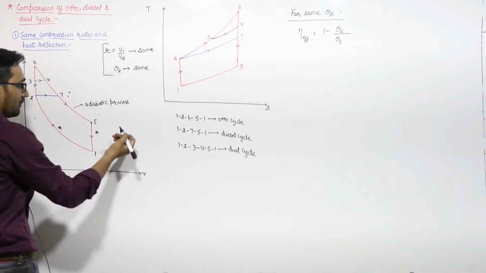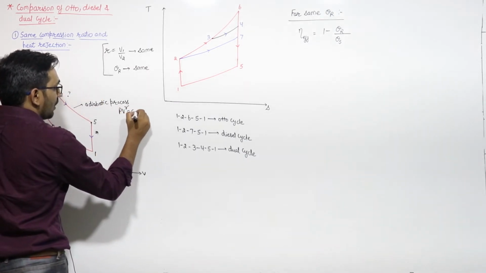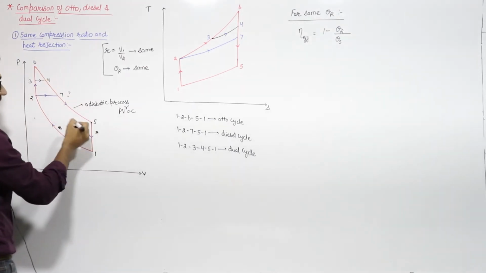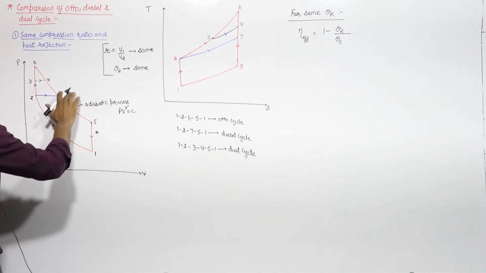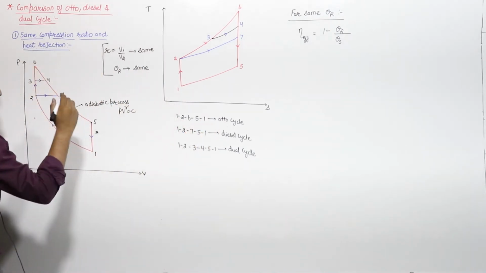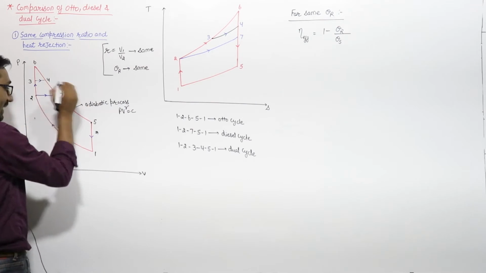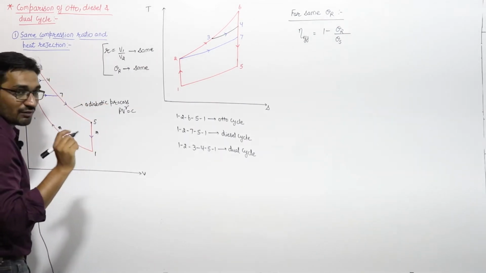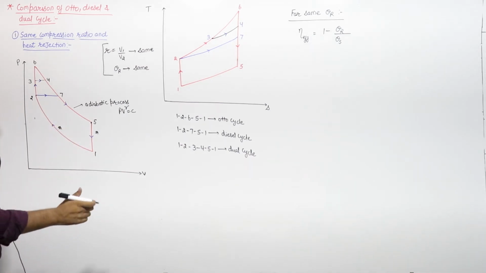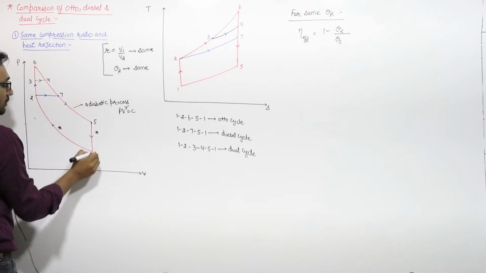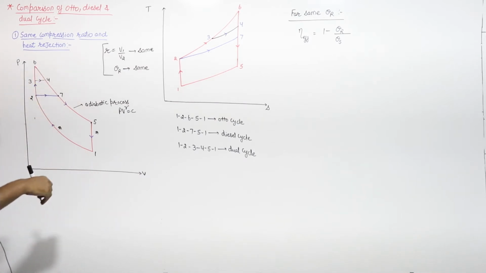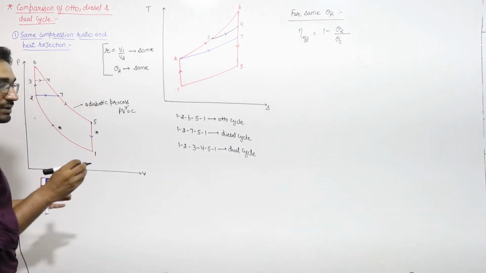This is a specific curve with PV raised to power gamma equal to constant, right? It will depend upon the value of gamma, so it will be a specific curve. If the end points of all the heat addition processes in all the cycles have to end on this curve, then only you will reach this point 5 after the expansion. Just note it, right? This is basic mathematics. So this is 2 to 7, this is point 7, so 1, 2, 7, 5, 1. This is your diesel cycle.